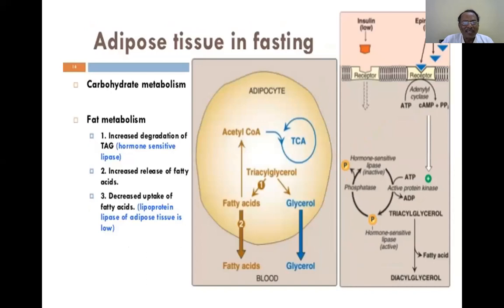And adipose tissue in the fasting. Adipose tissue is the main storage form of the fat. And the number of adipose tissue cells also depends on the genetic constitution of the body. The adipose tissue size increases and decreases depending upon whether energy excess or energy deficit is there. Based on that, the size of the fat cells is going to be increased or decreased. And that is the theme here, the fat tissue theme.